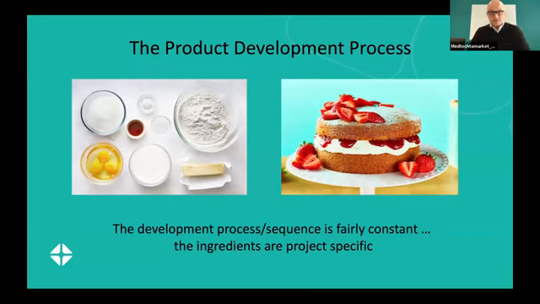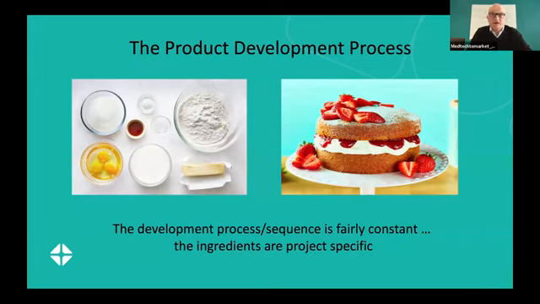So let's get into the development process. The product development process, I like to use the analogy, it's like making a cake. The actual process and the sequence of making that cake is pretty constant, but the ingredients are project specific. Now the process, the sequence is fairly constant, but also critical. So if you bake before you add the flour, then obviously you don't get a cake. So the sequence is really important, but also the ingredients